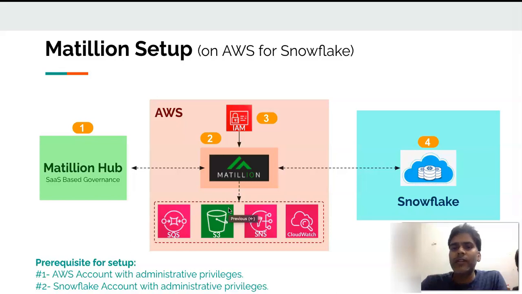The fourth one is Snowflake. Matillion will run all of its workloads over Snowflake, and in Snowflake you would need to do some one-time setup. Majorly, we need one warehouse which could be used by Matillion for running its jobs. Second, the default database, default schema, and default role. So majorly these things are needed on the Snowflake side: a Snowflake warehouse, Snowflake database, Snowflake schema, and Snowflake role. We will be creating a set of these objects in Snowflake in a separate video.